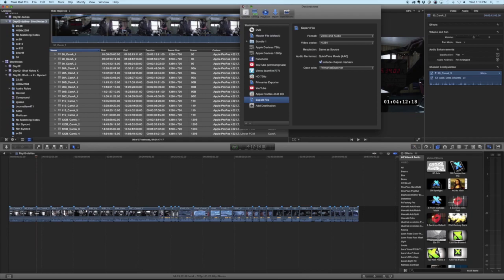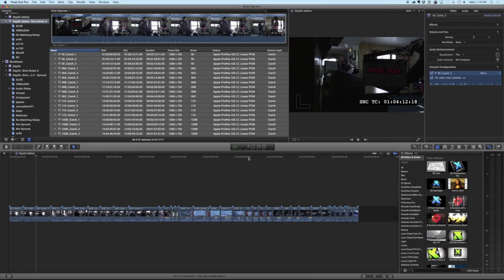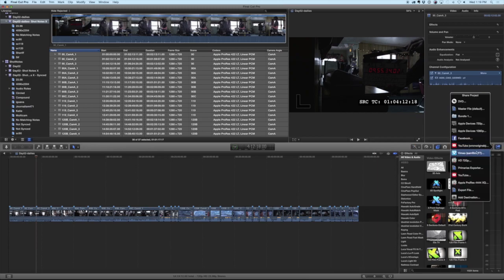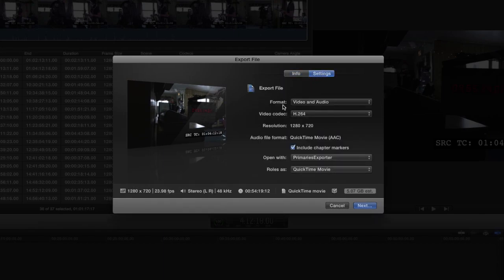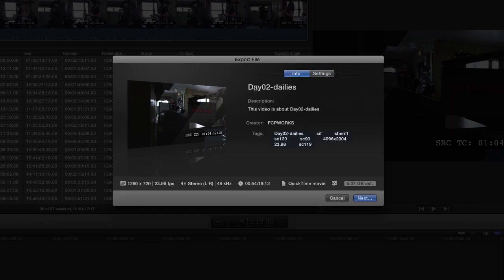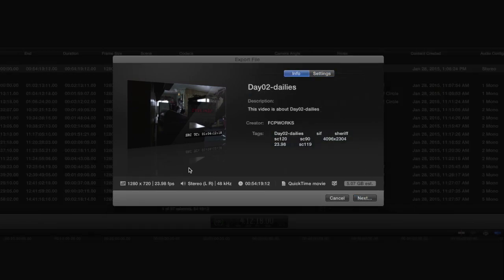And all you're going to do once you have your Dailies timeline set is go back to your share menu, and you're going to go to export file, or ideally you'd probably name this after the setting that you wanted. And if you come here, you're going to notice that your settings are identical to how we did that. You can also configure your roles too. But the key is we're going to call this Day 2 Dailies, and I'm going to hit next,